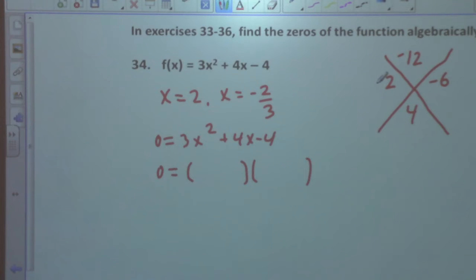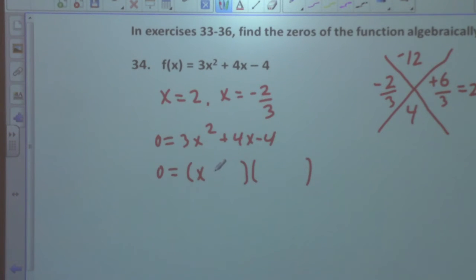Should be 6 and negative 2, right? Okay, let's go ahead. So now we're dividing by 3, right? Yeah. So we have 2, and so we have